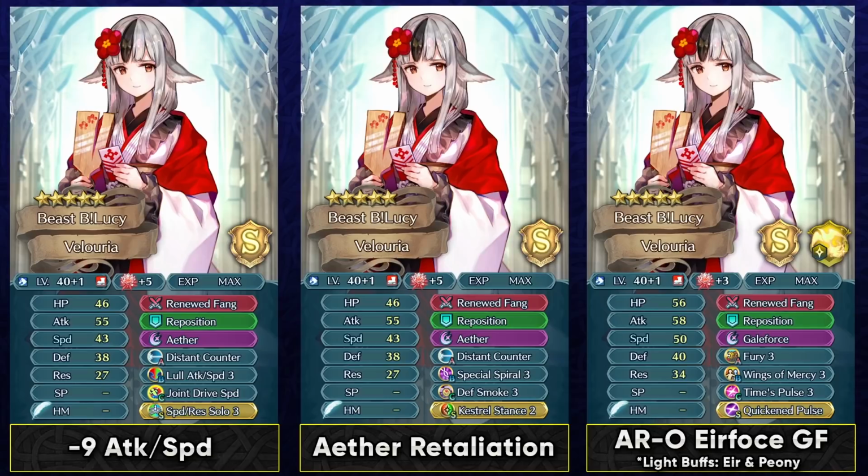You could also stack up the attack and speed debuff from her weapon along with Lull Attack Speed, for a total of -9 attack and speed debuff on the foe. And Joint Drive skills are just a very good option, and even more so on Velouria because she could benefit from this as well as the support partner, so that's definitely an